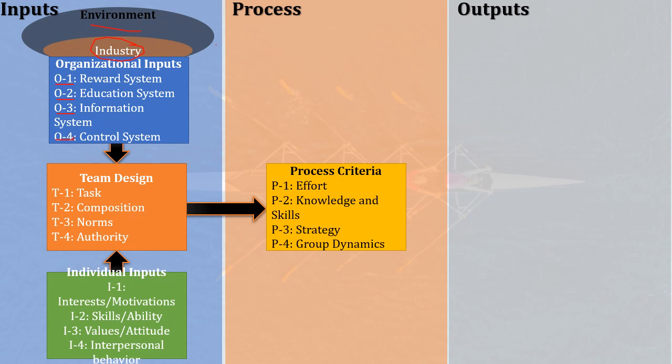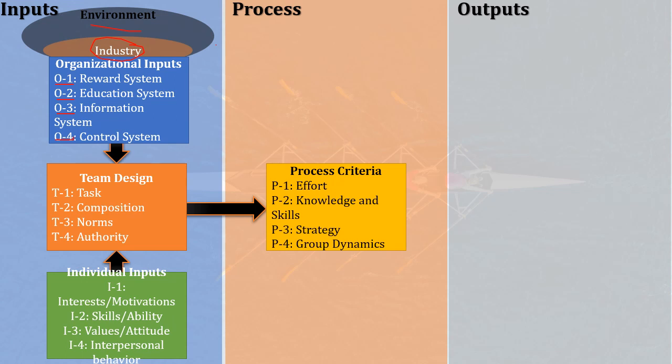Then the outputs can be future capabilities of the team. If there is a similar kind of task, or a more challenging task rather, that comes forth and this team is capable of doing it, then this team will continue in the future also. And the outcome also can be the satisfaction level that an individual gets from achieving that particular task.